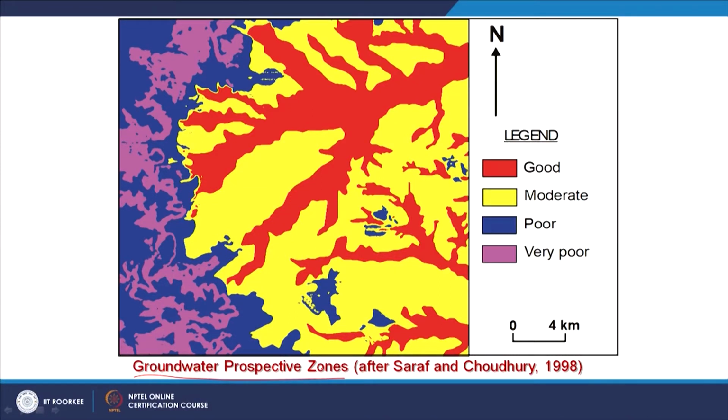That means if anybody is looking for a well or siting a well, then these red areas are the most suitable. Whereas if you go to the Deccan Trap areas, these are not suitable at all. So the very poor and poor colors are those areas which I was talking about, the basaltic rocks. The rest of the areas have either moderate or good chances of getting water. So these alluvial fields along these ephemeral channels are good for getting water.